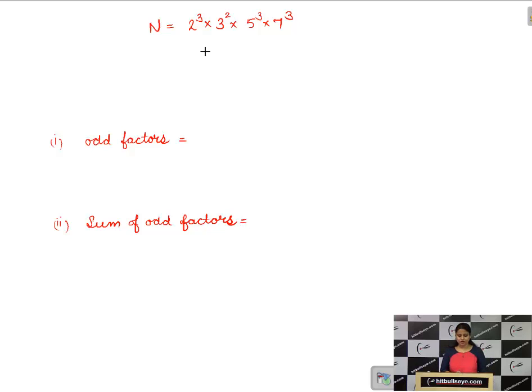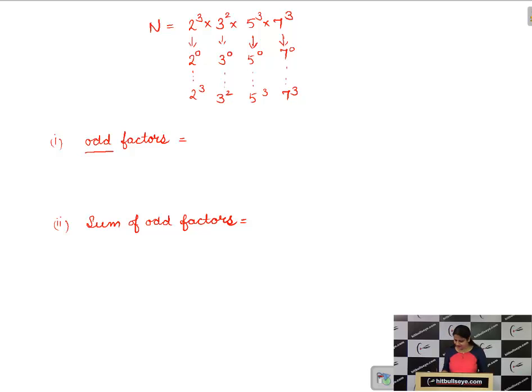Now coming to the same logic, since we are talking about factors, permissible powers of 2 are, so these are the permissible powers. Now since we are talking about odd factors, what do you mean by odd number? Any number which is not divisible by 2 is known as odd number. That's why 2 should not appear in the prime factorization. I mean, we will drop every power of 2.